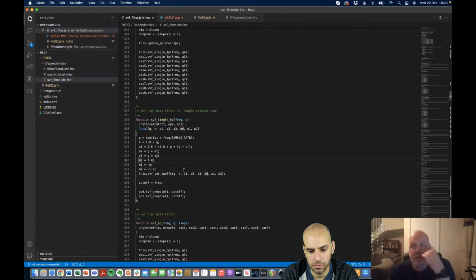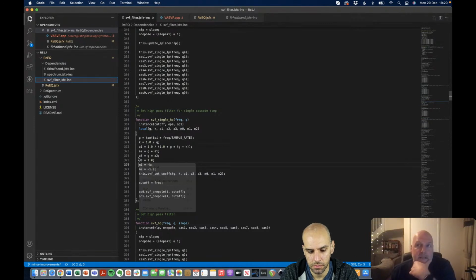Yeah, are you talking about crossovers, for splitting crossovers? Yeah, you'd probably want to use another kind of filter for that. I think it's called a Linkwitz-Riley filter that you'd want for that. But Linkwitz-Riley is a version of Butterworth, though, isn't it? Yes, it is a version of Butterworth, but it's got certain properties